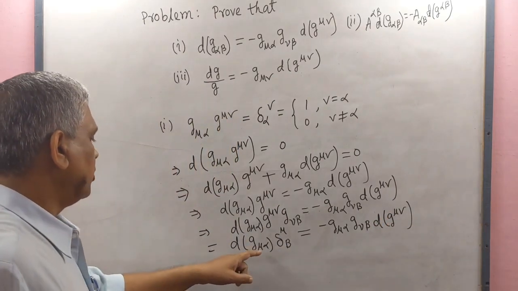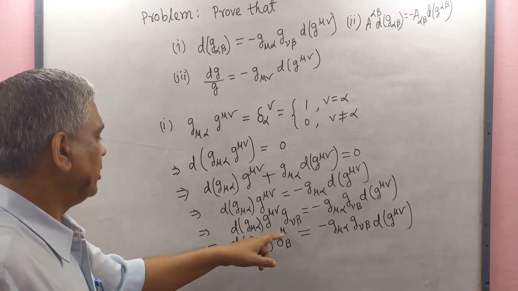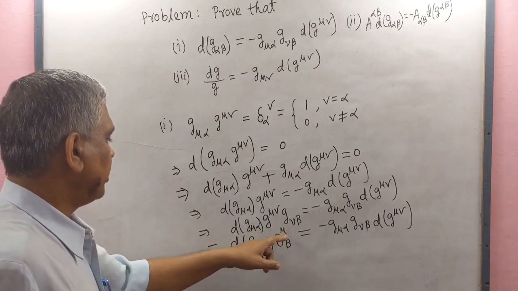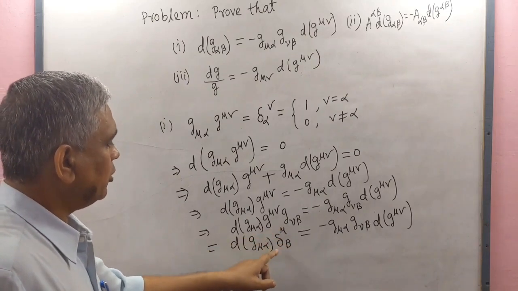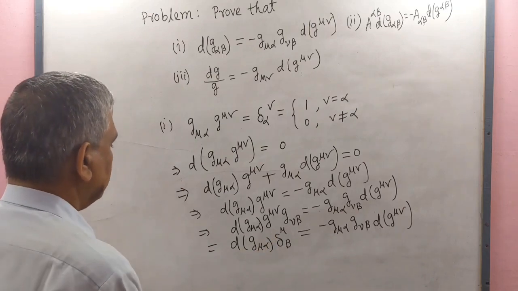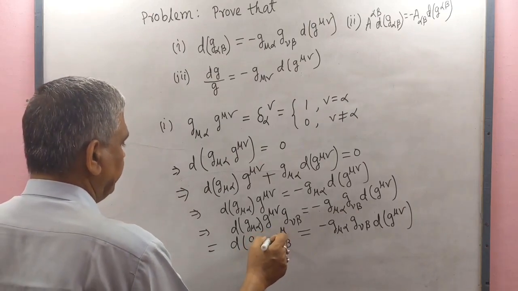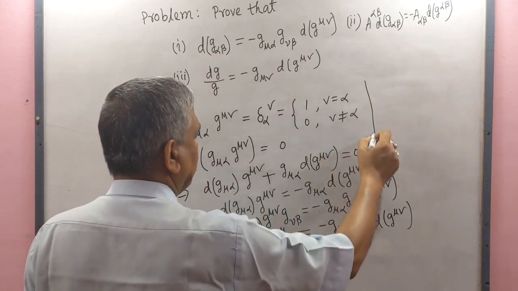Here mu is the dummy suffix, so when mu equal to beta, then the value of the Kronecker delta will be 1, otherwise 0. So for this value of mu we write beta, which implies that